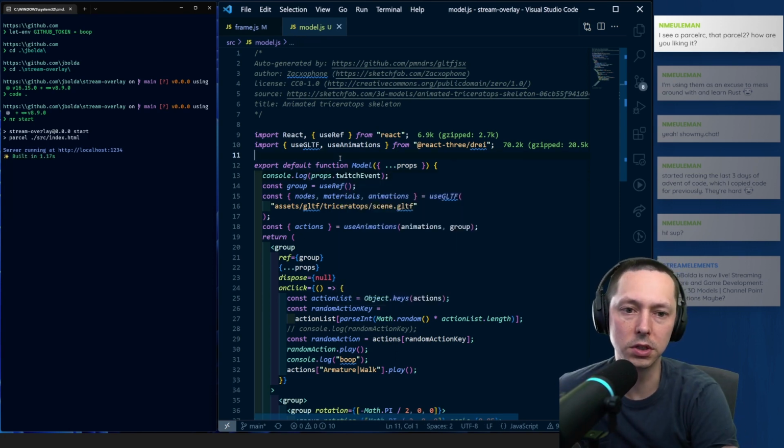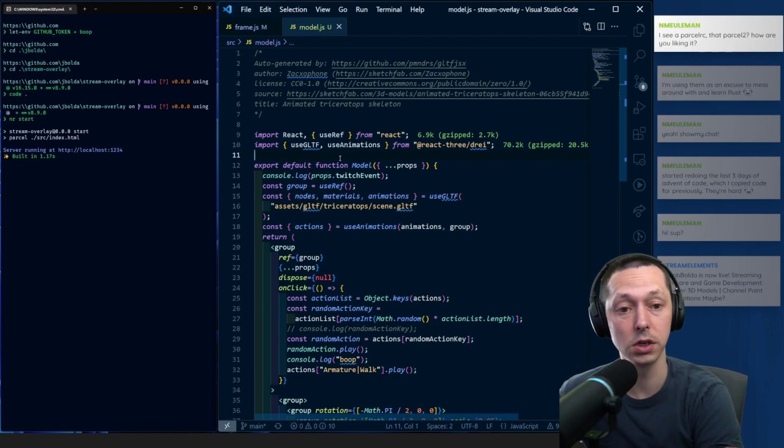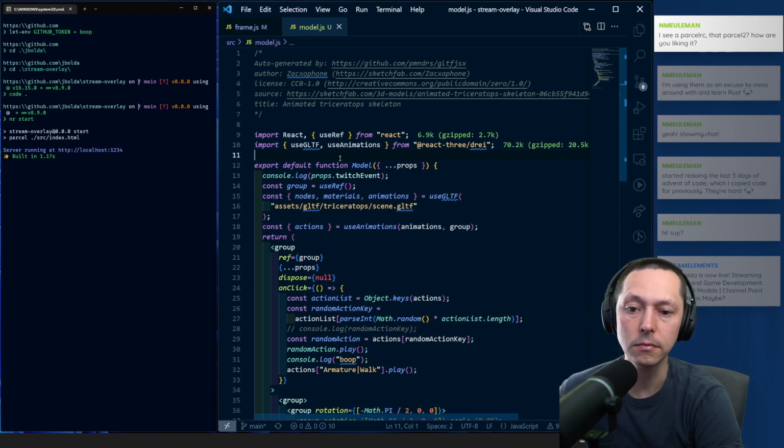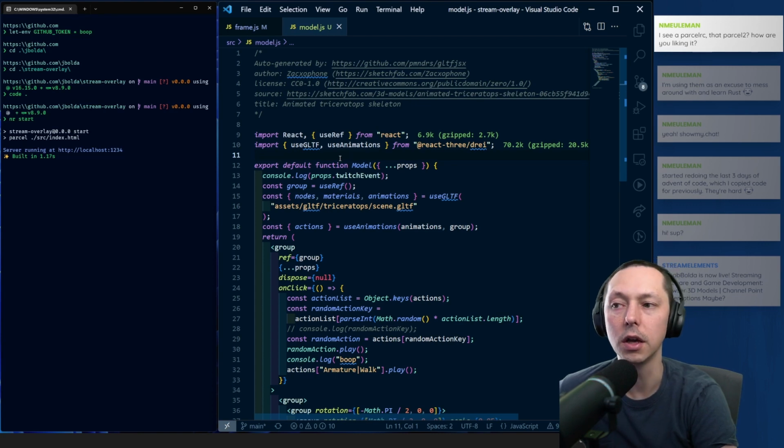You see Parcel RC, this is Parcel 2, yes. I like Parcel. And it's built on top of SWC, which is Rust based, which I also like and appreciate. I feel like SWC is going to have a stronger long-term impact, so I like to support it if I can.